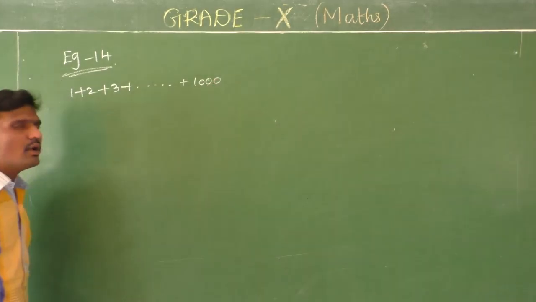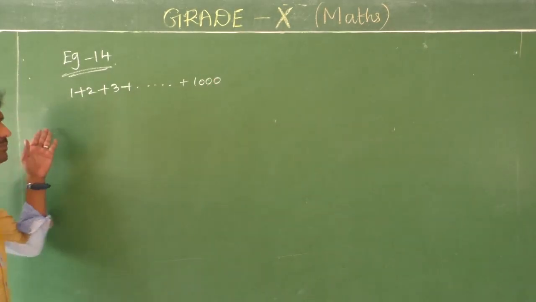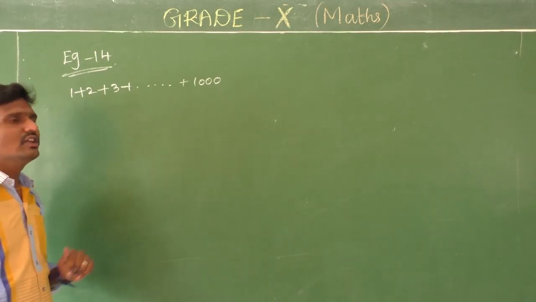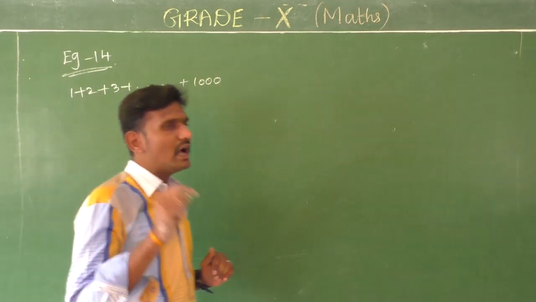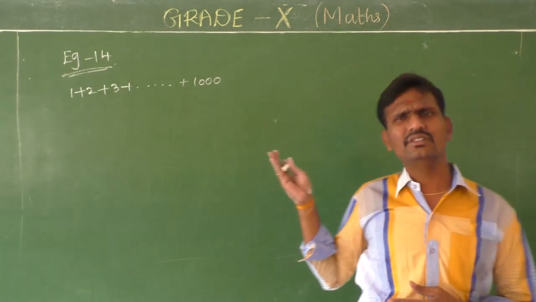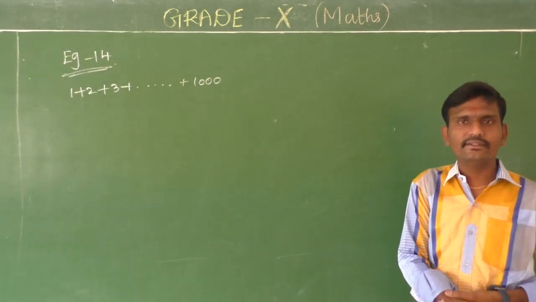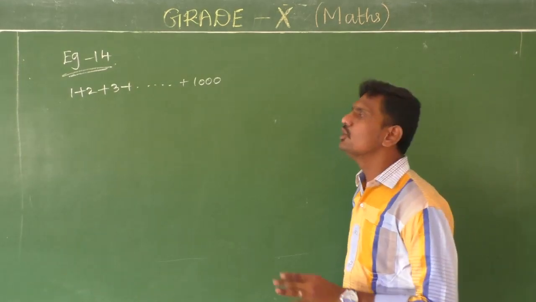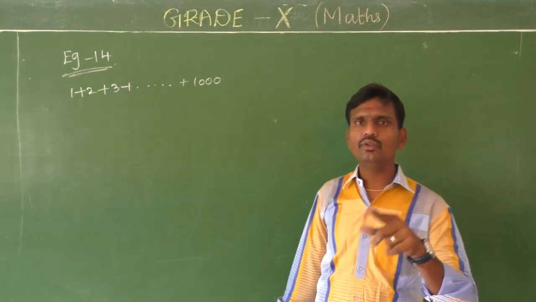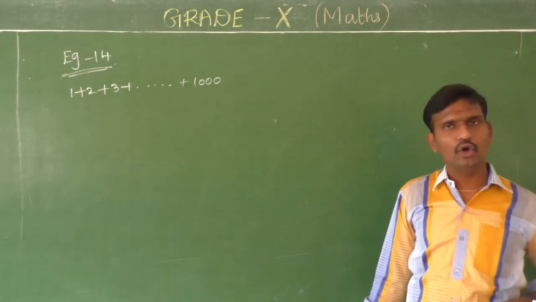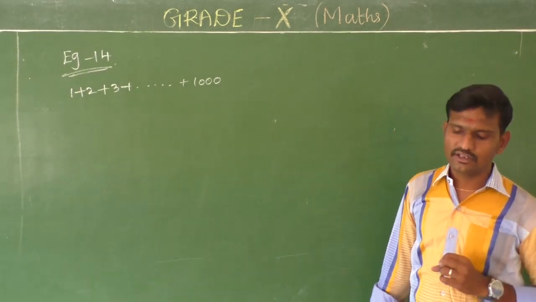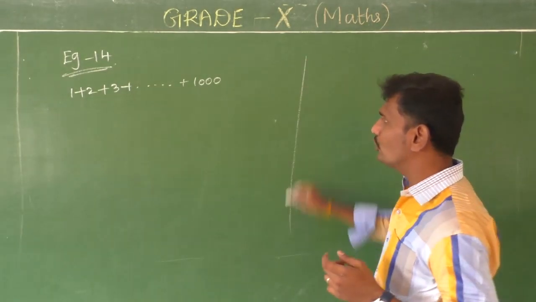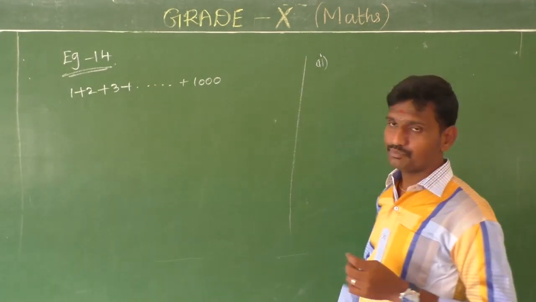So here also I know the first term as well as the last term. First term is 1 and last term is 1000. So look at this. What type of numbers is that? It starts from 1, so name them: the natural numbers. Natural numbers start at 1, 2, 3 like that. It will go up to some particular term.